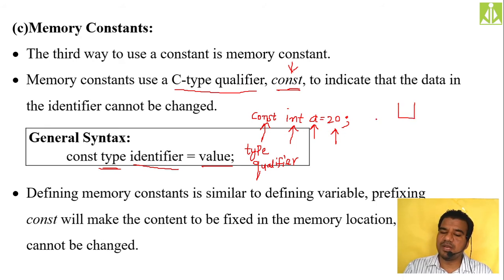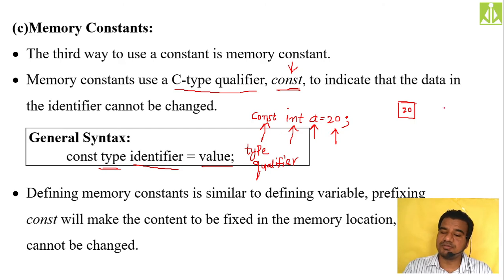Okay, it is a memory location which will hold 20. So when you make this qualifier constant, the door which is helpful in changing this value 20 will be locked, will be closed. So once you make this a variable like a constant type qualifier, then what will happen? It will become like a closed box.